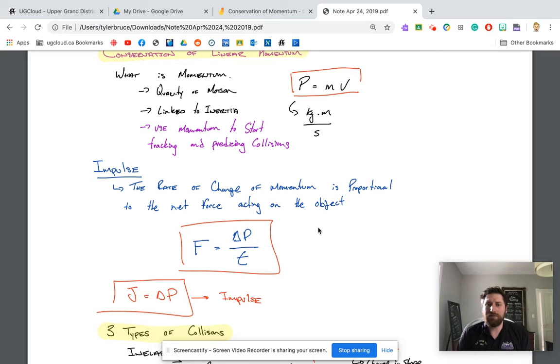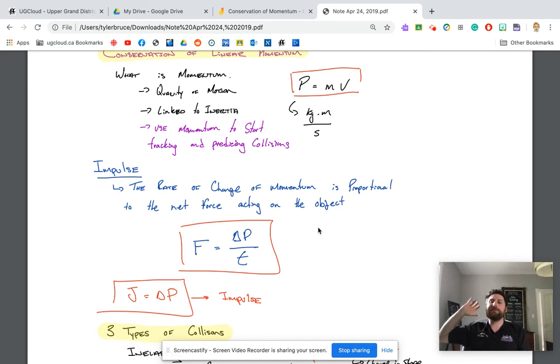So if you're a hockey player or a soccer player, when the ball comes in, you want to cradle it to increase your time of collision. Because if you just keep your stick or your foot flat, it's just going to bounce off and all that energy is going to go right back into the ball. Same with if you're trying to catch something, right? If you were trying to catch a bullet, or a baseball probably is a better example, catch a baseball with your bare hand, if someone was throwing it super fast, you're going to want to bring it back and kind of collapse with the collision,